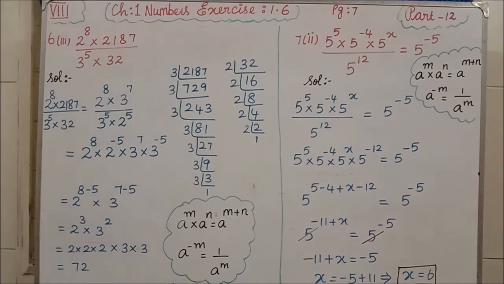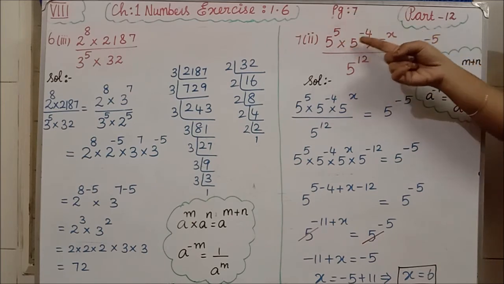If you multiply, what answer am I getting? I am getting 72. Clear all of you how I am getting 72? 2 2s are 4, 4 2s are 8, 8 into 3 3s are 9, 8 9s are what? 72. Clear all of you how I am doing this? Yes. Now we will see the 7th question, second subdivision. Here, see the question, we have to find the value of x. In the 7th question, we have to find the value of x.